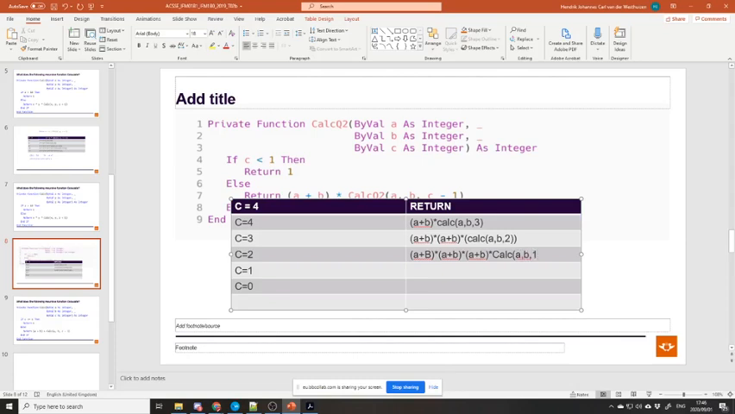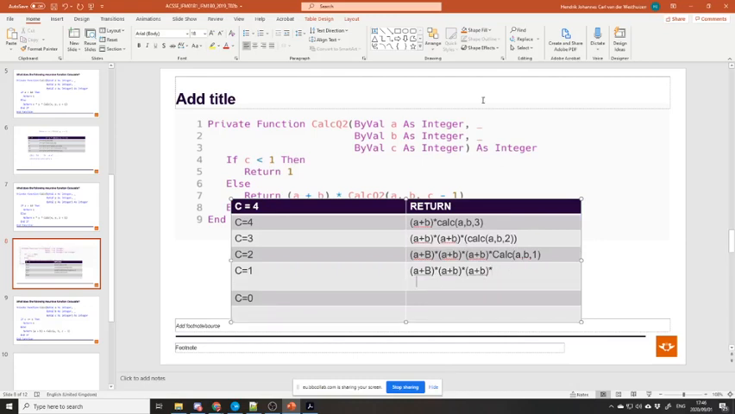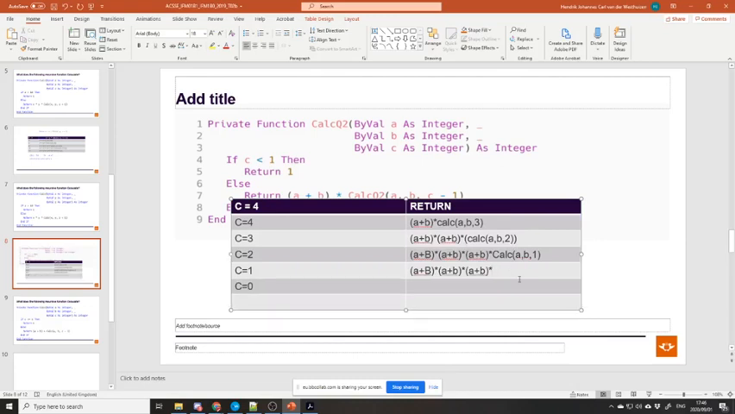And this will be 1. And we've got our next one, which is once again just a plus b, and the return, which is going to be a plus b times calc, and then the return of our function